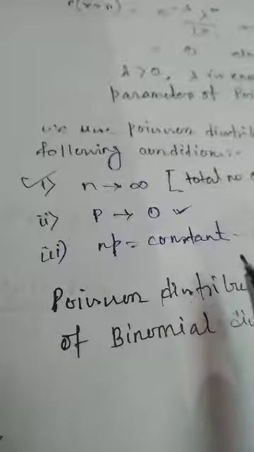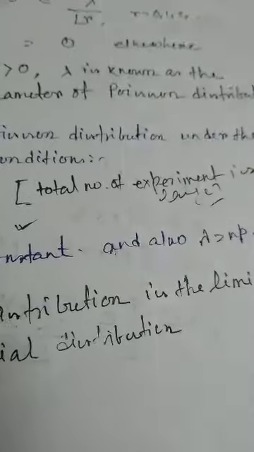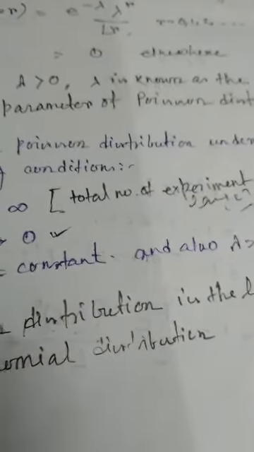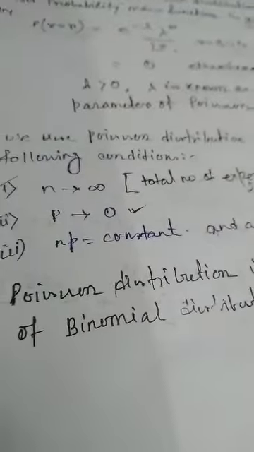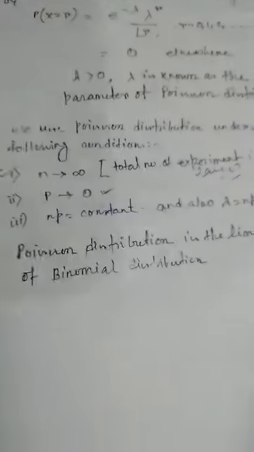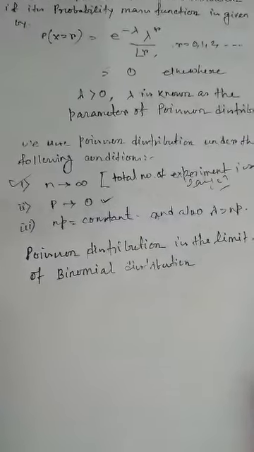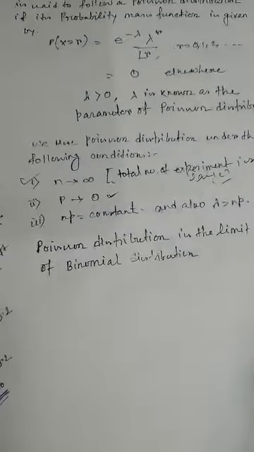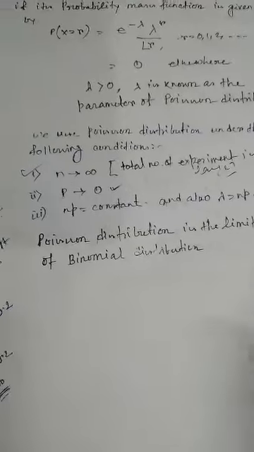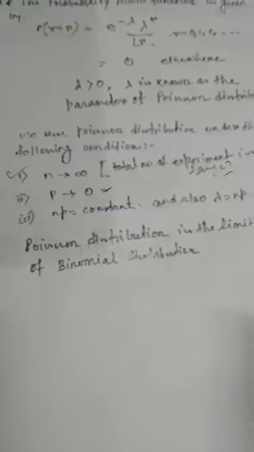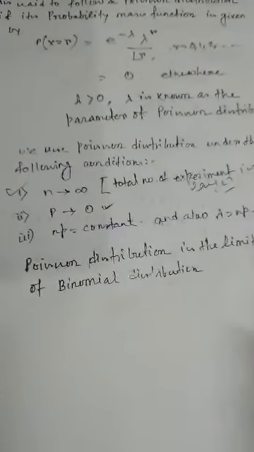And we have to know that this variable λ is equal to np, where λ is the parameter of the Poisson distribution. We also have to know that the Poisson distribution is the limiting form of the binomial distribution. So here we can also use it in the same situations where we use the binomial distribution, but we have to keep in mind that